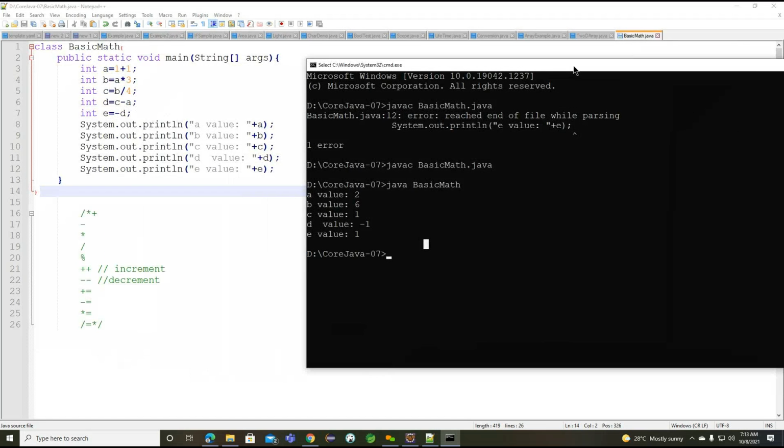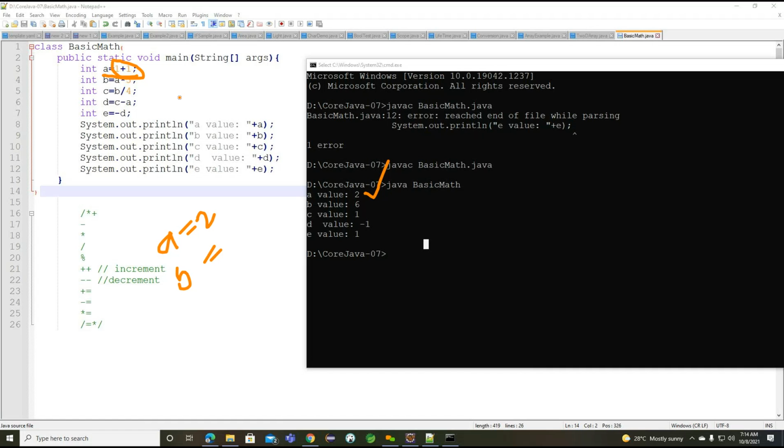Now how can we understand this? Let's focus on this example and see how the values are provided. a is 1 plus 1, so a value is 2. Getting the point. Now we work with the b value. What is the b value? The b value is an expression: a multiplication with 3. So what is the a value we have? The a value is 2.